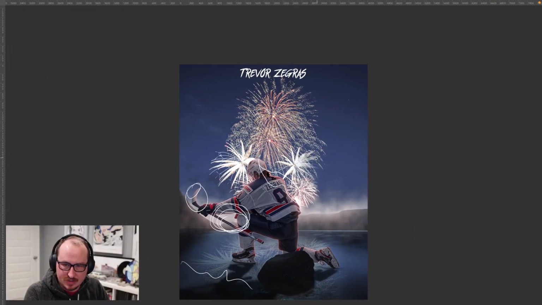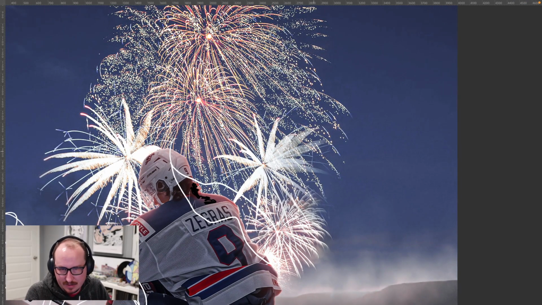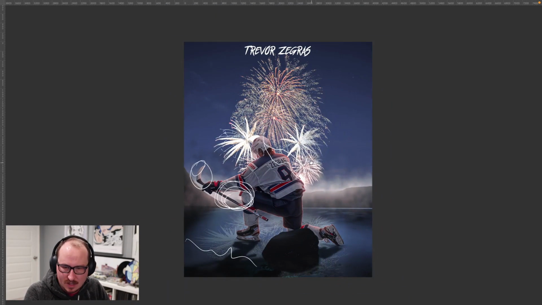I like what you're trying to do here. And if you're going to have these fireworks be on here, like, these are kind of faded, but these aren't. I don't think these would be faded. So mask those back in. You know, it depends on what photo fireworks you're finding. From